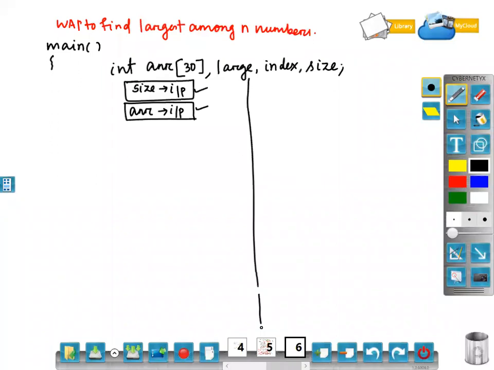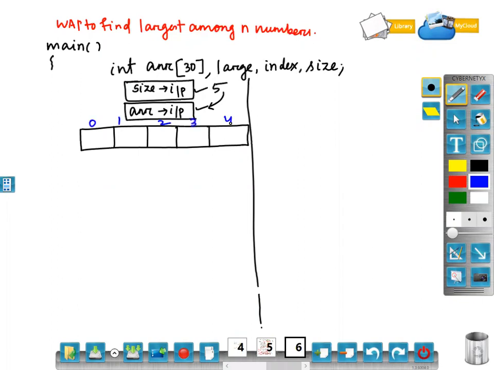Done. Then once your input is over, okay. So for example, this is my array. Till now what I have done, I have declared the array, and on the basis of the size variable, let the size variable have the value 5. Clear? On the basis of 5, I have taken input into the array. Okay. How? Now the indexes are 0, 1, 2, 3, 4.